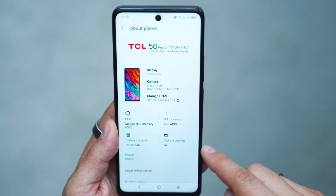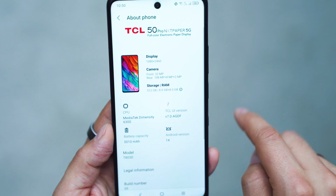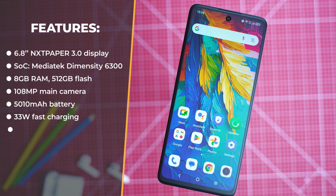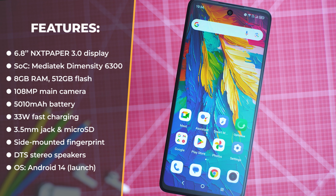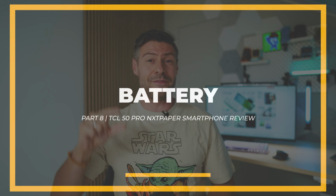A 6.8-inch display, Dimensity 6300 system on a chip with octa-core processor, generous storage with expandable micro SD card slot, triple camera setup, DTS-certified boom sound technology, big battery, fast charging, side-mounted fingerprint sensor, and everything weighs just below 200 grams. The phone feels lightweight, and you can notice it's really thin, and yet inside we count on a 5010